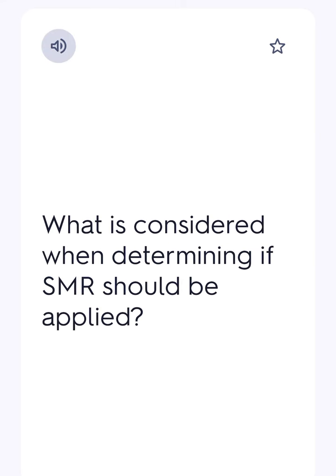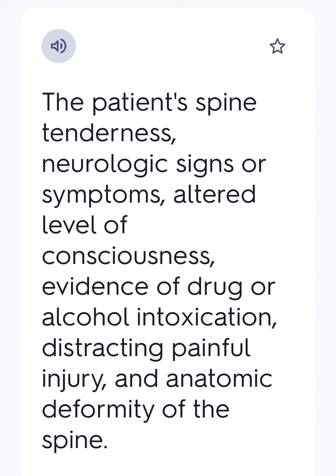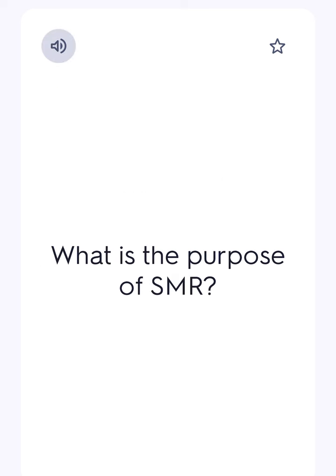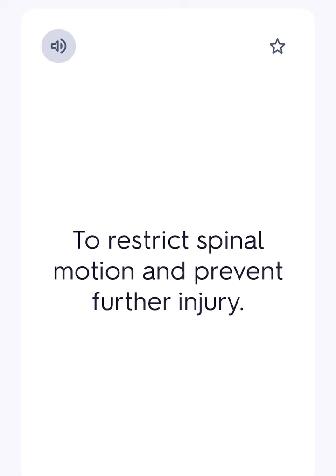What is considered when determining if SMR should be applied? The patient's spine tenderness, neurologic signs or symptoms, altered level of consciousness, evidence of drug or alcohol intoxication, distracting painful injury, and anatomic deformity of the spine. What is the purpose of SMR? To restrict spinal motion,